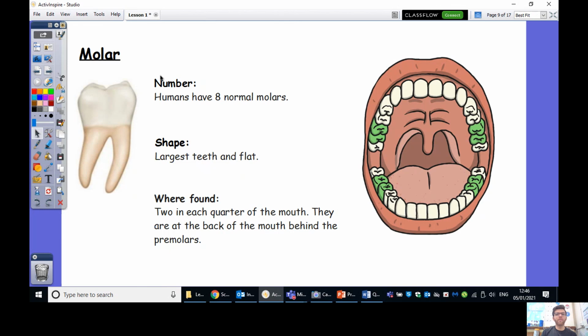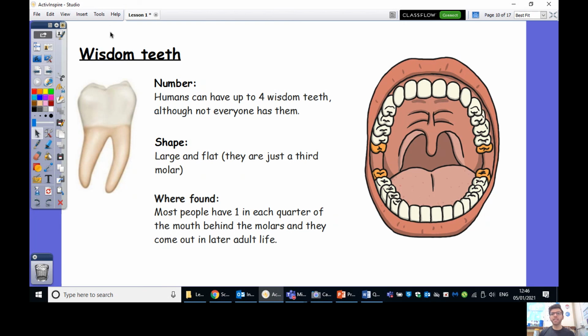Now, we move on to our final tooth over here. These ones are a bit unusual. They are called wisdom teeth. So repeat after me. Wisdom teeth. Wisdom teeth. Excellent. Humans can have up to 4 wisdom teeth. However, not everyone has them. They're the very last teeth that come through in your mouth. Some people get them in their 20s. I've had a couple that have come through. Some people may not find that they come through at all, or some will get them even later. But the maximum you can have is 4.